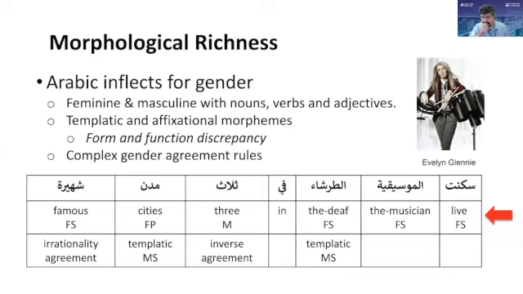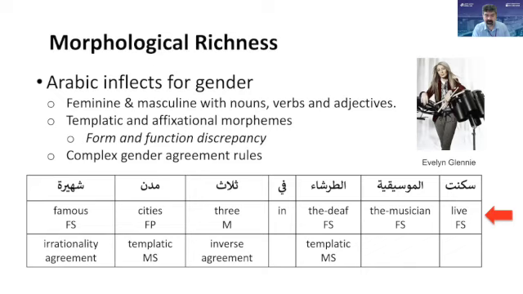So if I look at an example like this, سكنت الموسيقية الطرشاء في 3 مدن شهيرة, a couple of observations. One of them is that things like agreement, for example, of rational or human versus non-human, rational, irrational. In Arabic, when you are rational, or ma'aqil, your agreement has to be exact in terms of gender and number, but with things that are irrational, then you go in the plural with the feminine singular. So that's something that has to be modeled.